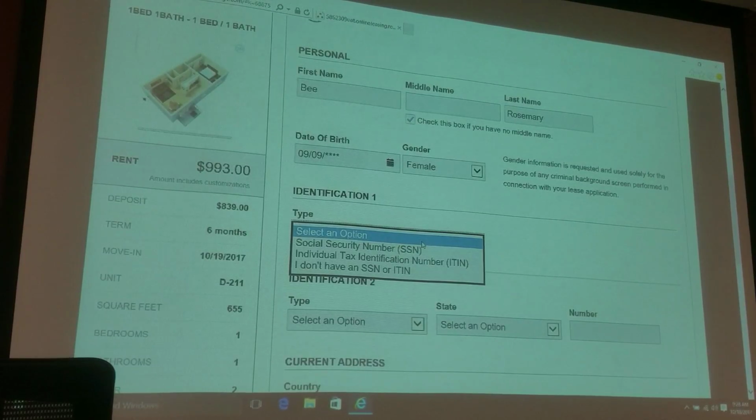All right, here's a couple things with this. Now that we're looking at this from this vantage point, anything besides an SSN or ITIN, you are not going to get a complete background check, and you are not going to get a credit check. The only time that's okay is when they come to do their income verification with their ID. Even if, let's say, they're from another country, they either have to have a visa, which is on the other side of the passport, or